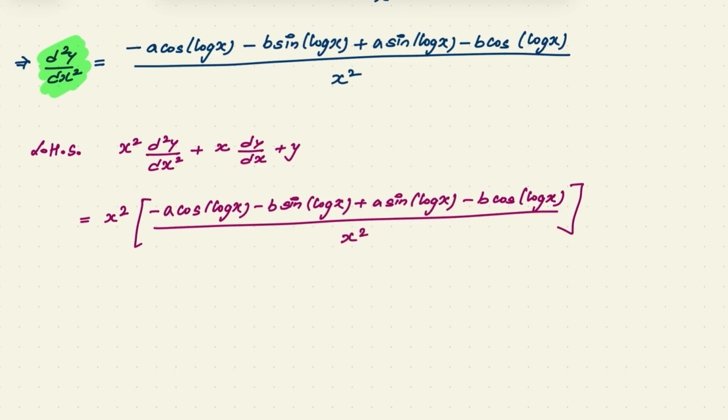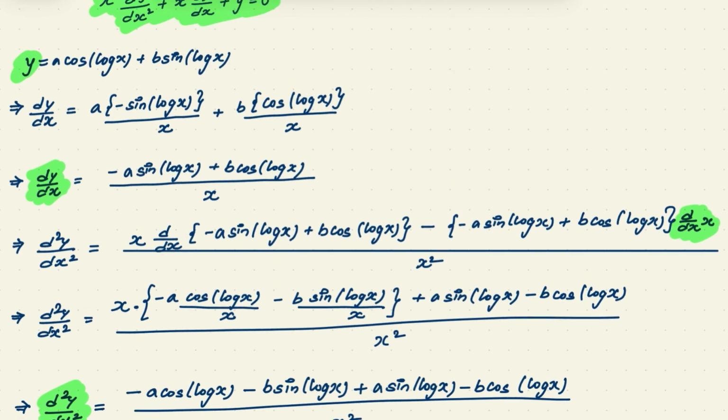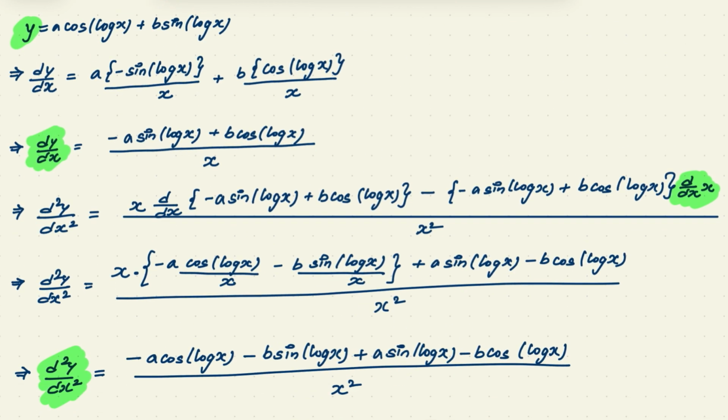And after that the second term is plus x into the value of dy over dx, that is minus a sine log x